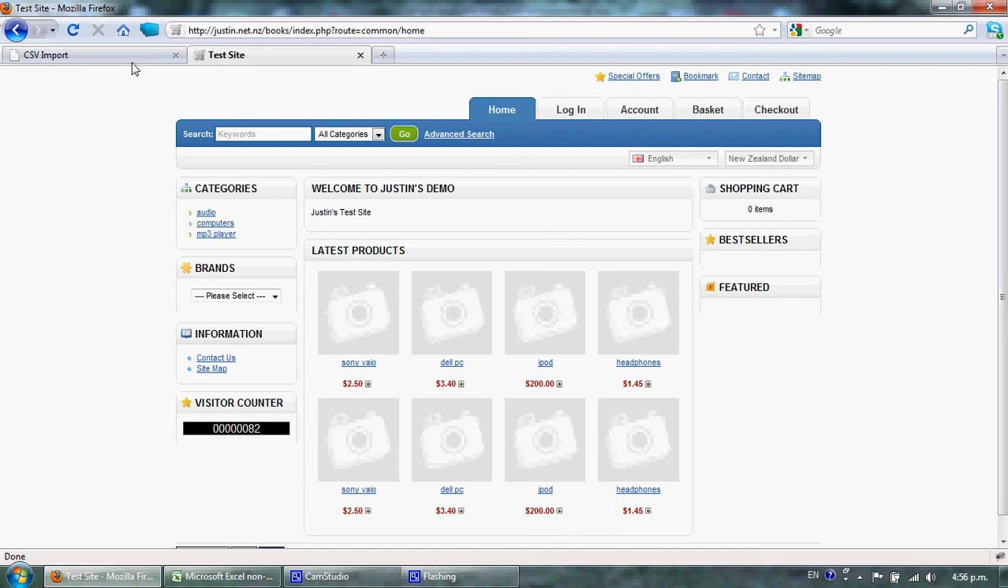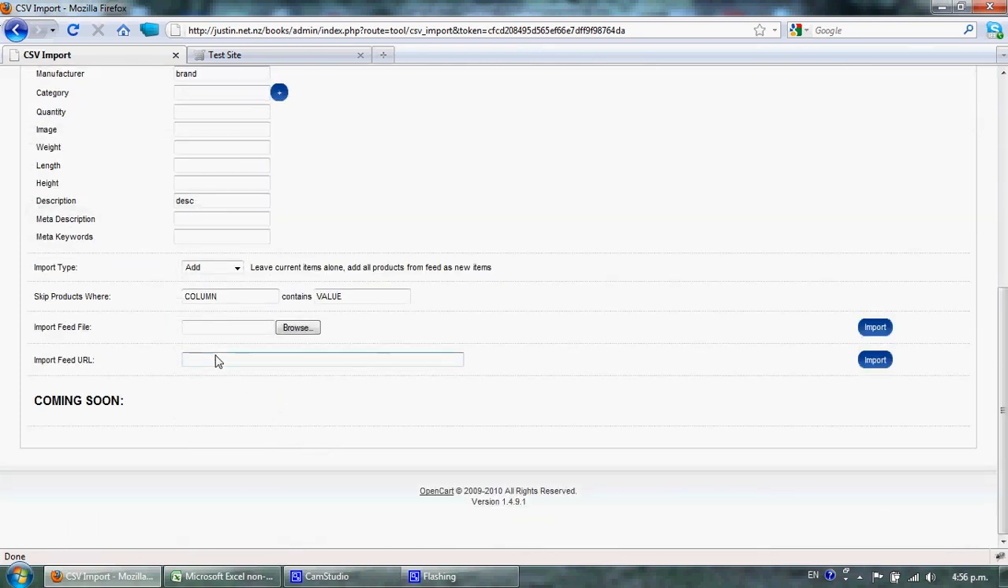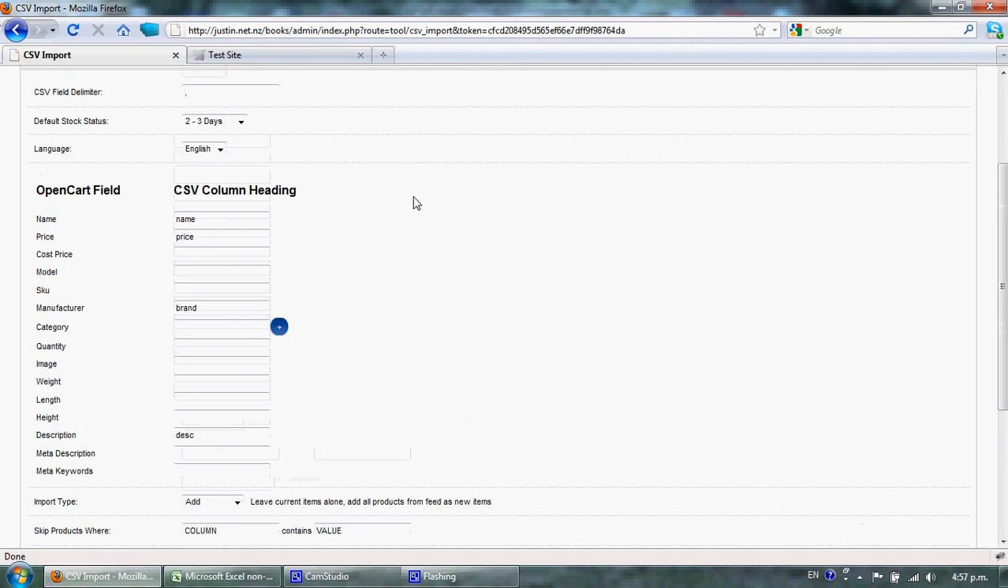I could show you importing from a URL, but it's pretty much the same thing, apart from we'd use this field instead of the import feed file field. So I hope that's enough to get you started, and any other questions, feel free to contact